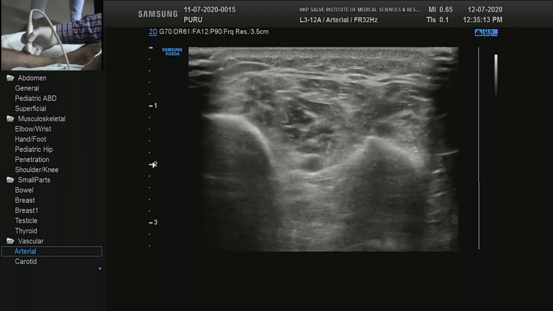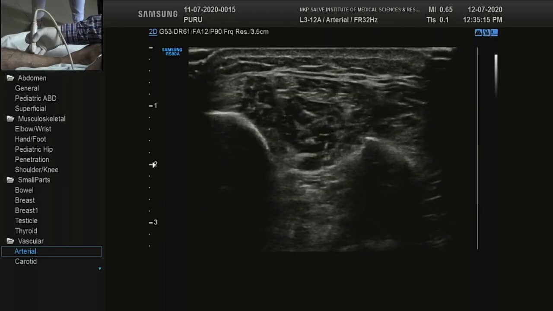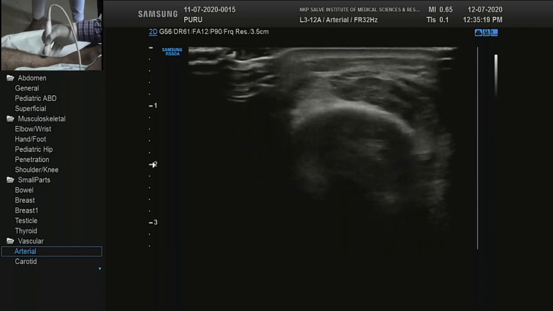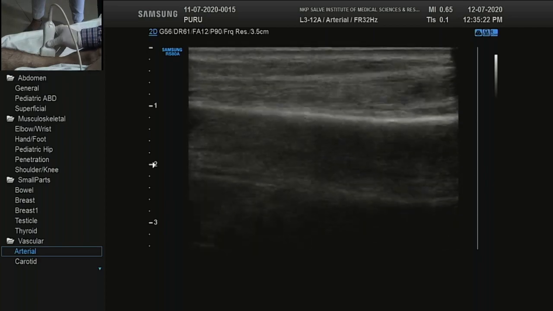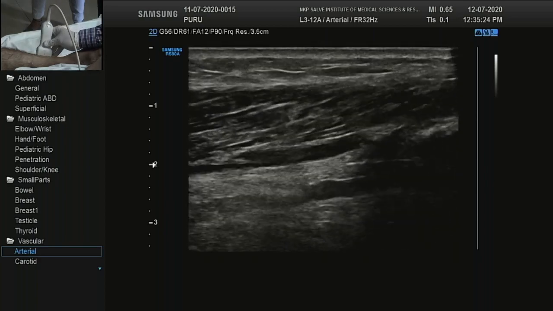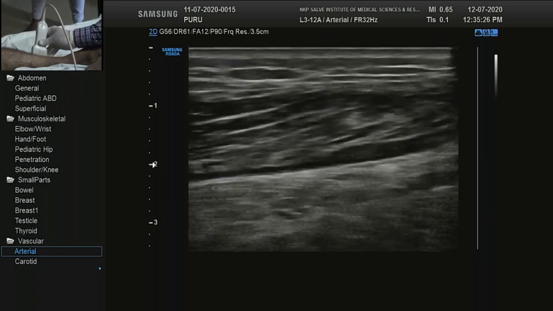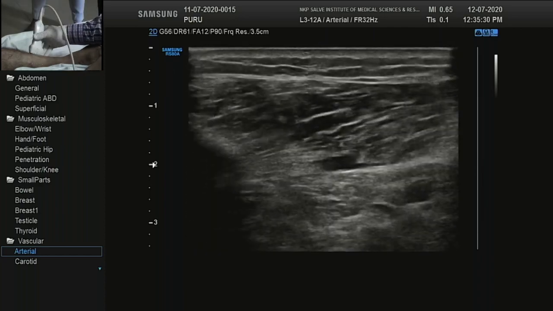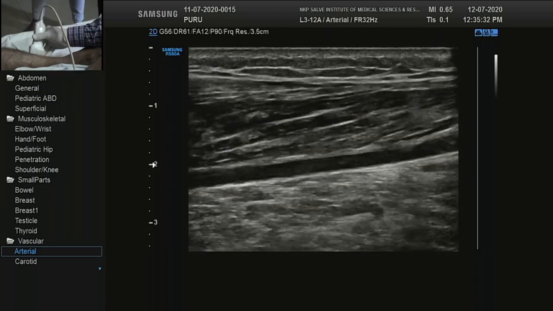You adjust the focus so that you are in the trace, and you can trace it up. In long section also, you can trace it very nicely, but it is better to do in transverse, and wherever you find, do a long section.